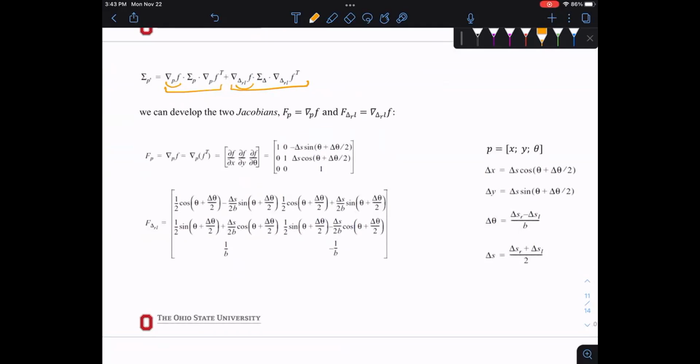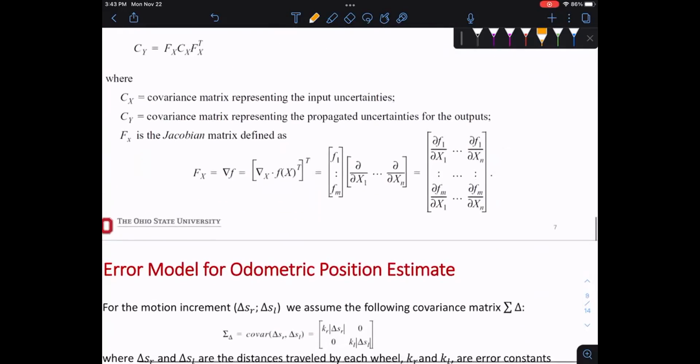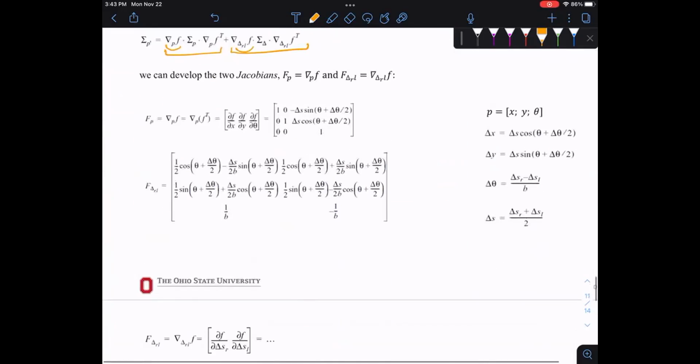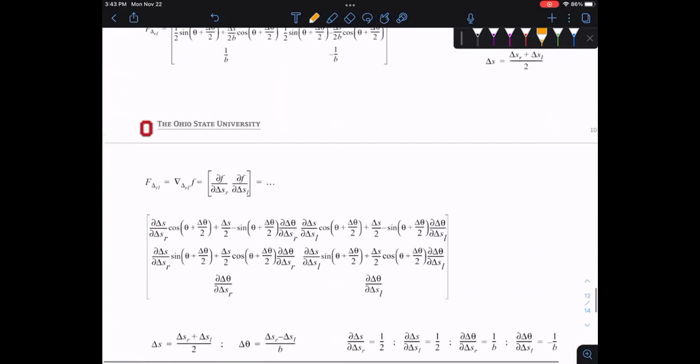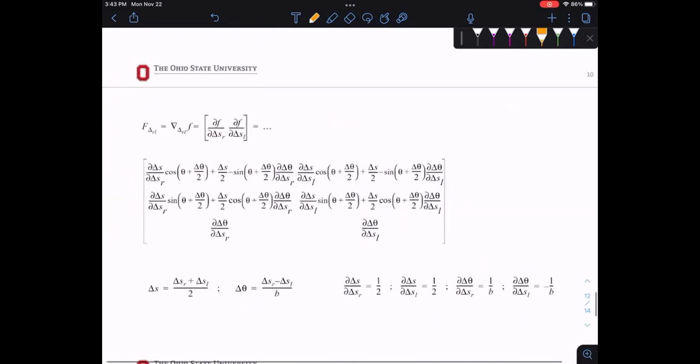You don't have to come up with the Jacobians. Both Jacobians are given to you, so you can just use them. But if you didn't know how to find these, you would basically have to literally take the Jacobian of that big equation there for these two. So now that I have my Jacobian for the right wheel and left wheel,